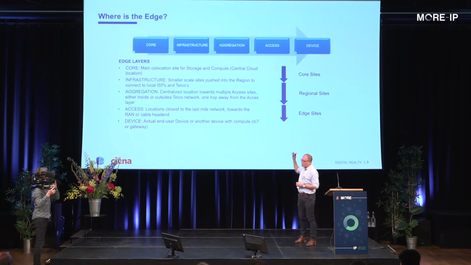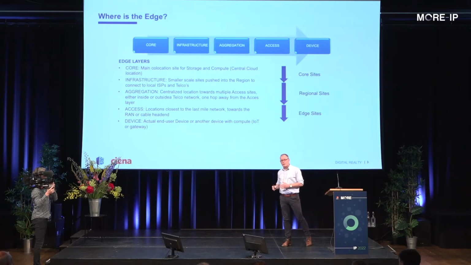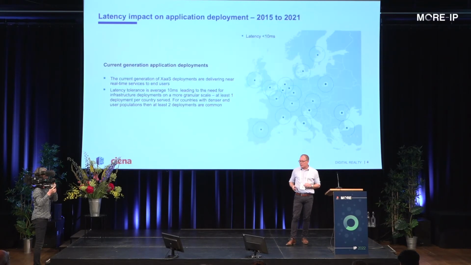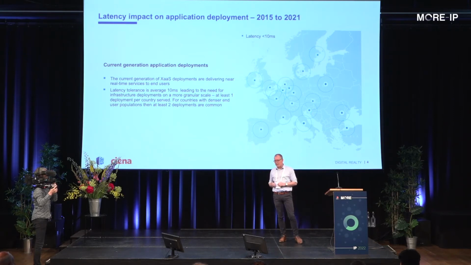So we look at core, regional, and edge. So we see the business in core, we see the business in region, and then slowly pushing to an edge. Again, where you put the data matters. Latency impact nowadays, it's not really there. We don't see the use case yet. And if you saw the presentation this morning from Olaf, it's slowly getting there, but we're not there yet. There is no need for very low latency, especially if you look, for instance, in the Netherlands. We don't have a latency issue.